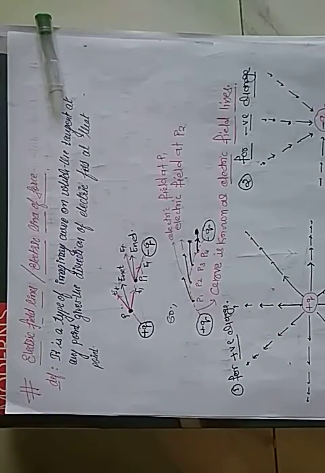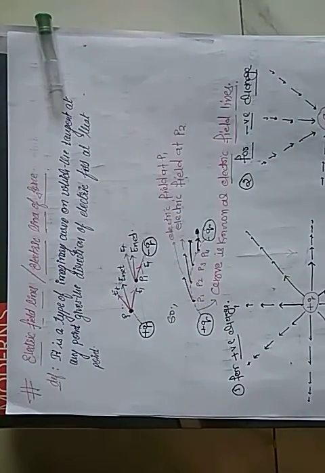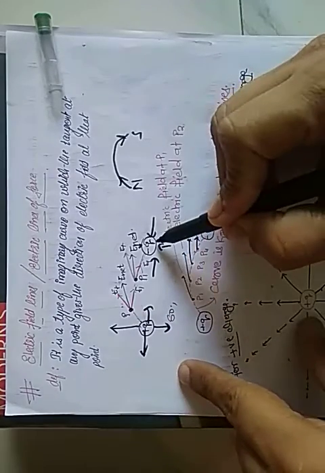Okay, so starting with the topic, electric field lines. What is the definition? It is a type of imaginary curve on which the tangent drawn gives the definite direction of the electric field. So how to understand this? Suppose this is a positive charge, this is negative. Positive charge takes the field radially outside, and negative inside. Like north pole and south pole, the magnetic field starts from north and enters south. Similarly, the positive charge takes the field outside and it enters into the negative charge.